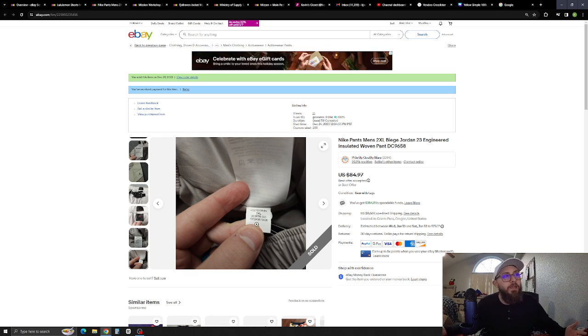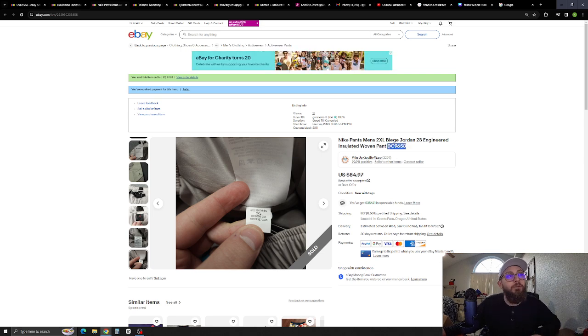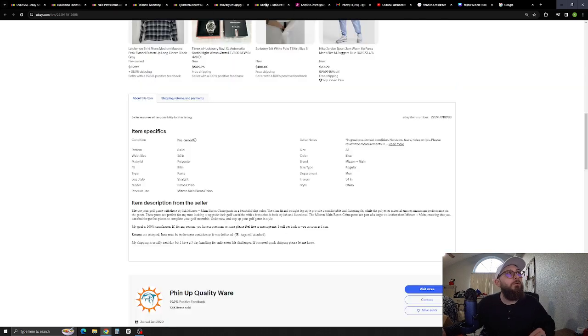I chose Nike specifically because it's so common. You guys can find this everywhere. But the important thing with Nike is when you're searching it up at the thrift store or you're trying to get top dollar for it, you must know the exact name of the item. And that goes especially for Nike, okay? So you can see here, this was the Jordan 23 engineered insulated woven pant. And then I included, this is called the MPN, in the title. So we're going to go here,